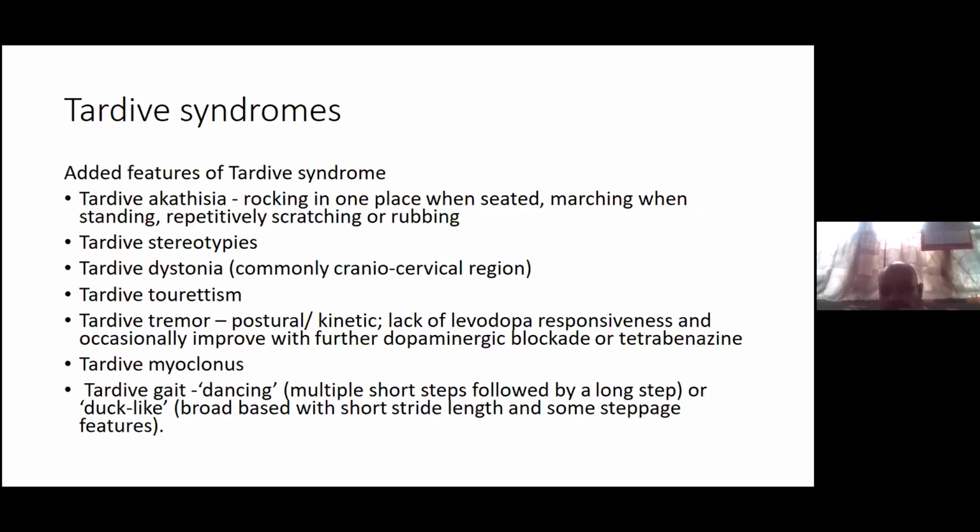These tardive syndromes have added features such as tardive akathisia, where the patients have extreme difficulty staying stationary, and they have this internal need to move, which causes them quite a lot of distress. The tardive stereotypies are very similar to the tardive akathisia, but they don't have this internal notion that they need to move. Tardive dystonias, commonly seen in the craniocervical region, can manifest as opisthotonus. Tardive Tourette's, tardive tremor, tardive myoclonus, and tardive gait are all clinical features that can be found